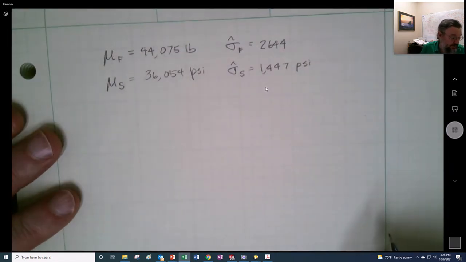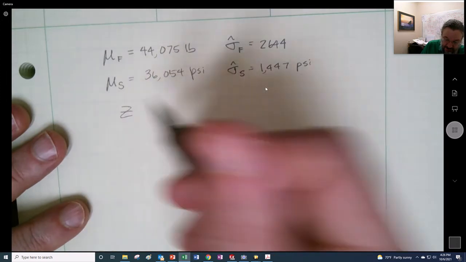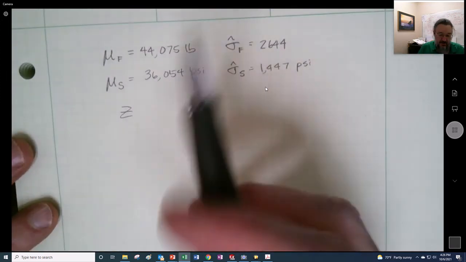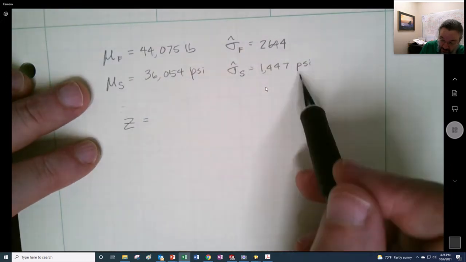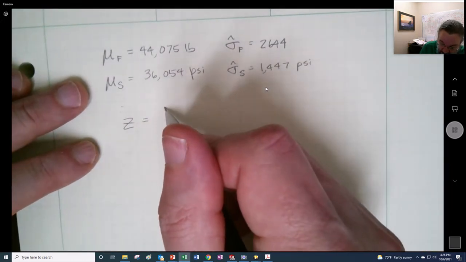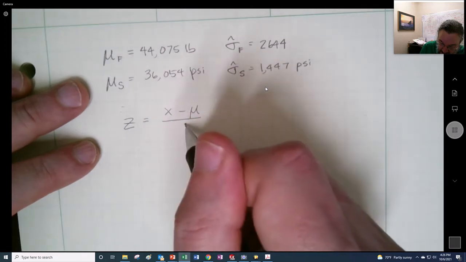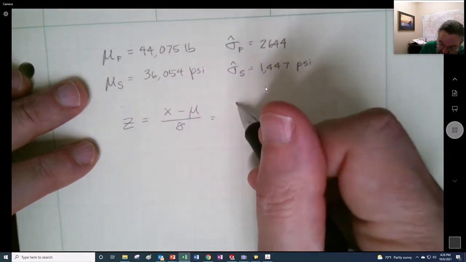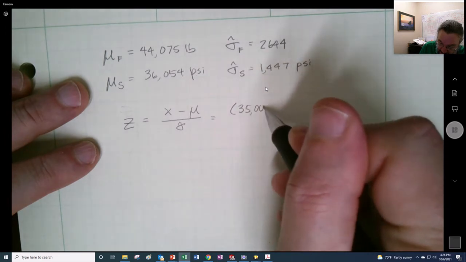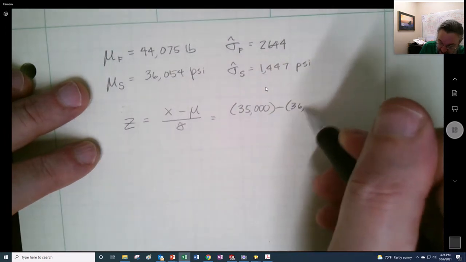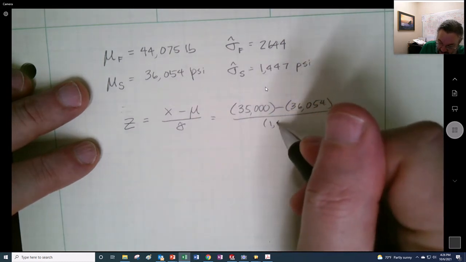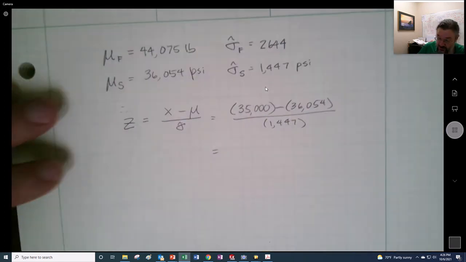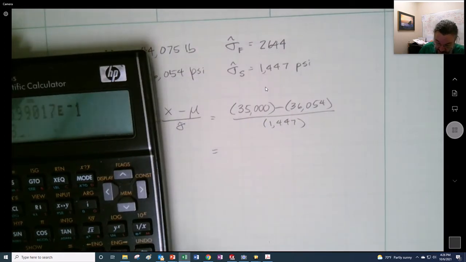So the first question that I got asked was, what is the probability that it's less than 35? So what I need to do, using the strength right here, is get x minus mu divided by sigma hat. So I'll say 35,000 minus 36,054 divided by my 1,447, and I'm going to get